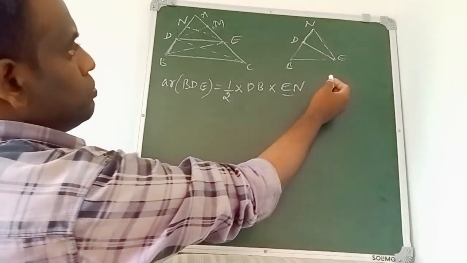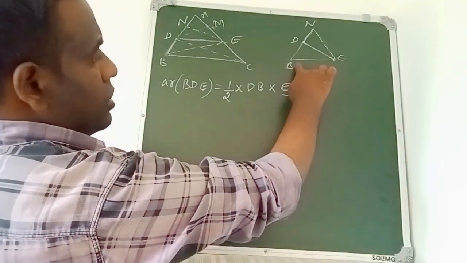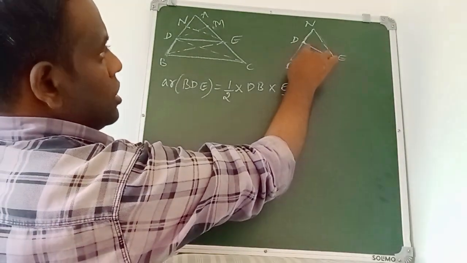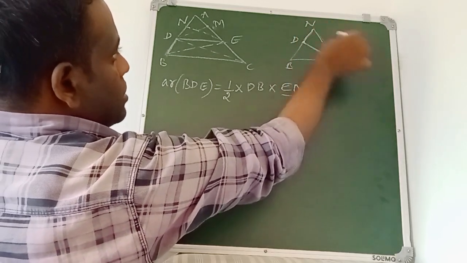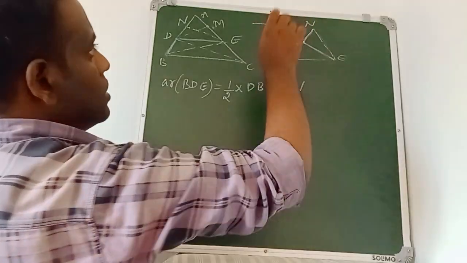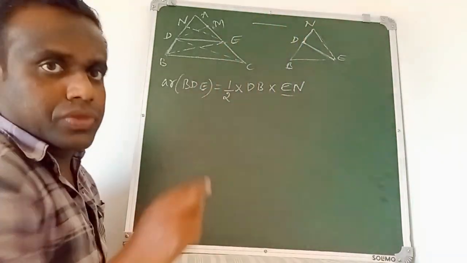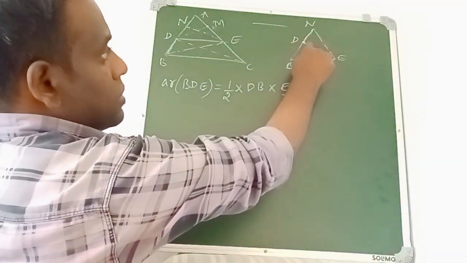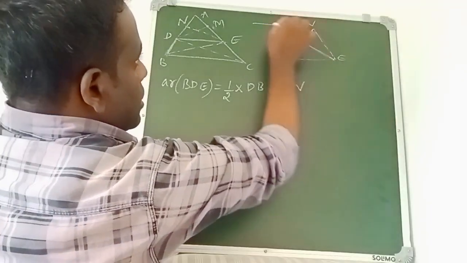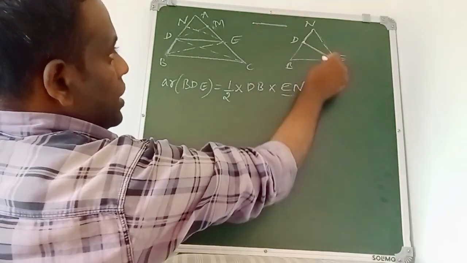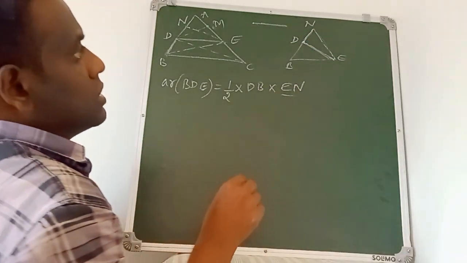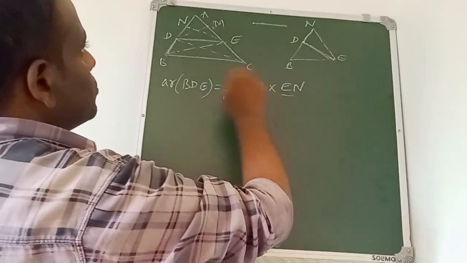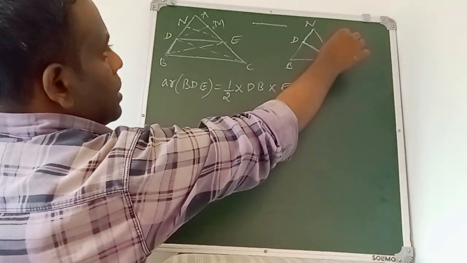Because if you take this BDE, if this line is exactly straight like this, that time this will become the height. But here this line is not exactly horizontal. It is somewhat bent, correct? It is somewhat bent. That time for height it will be,